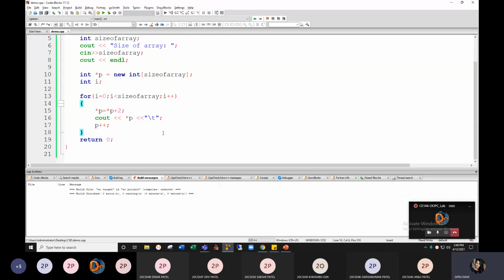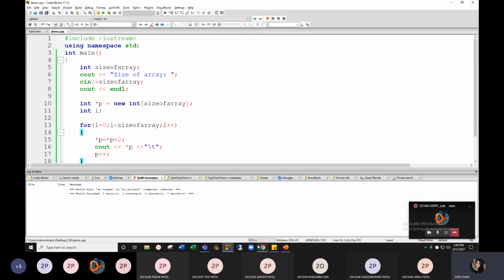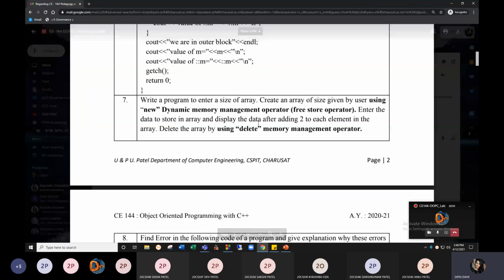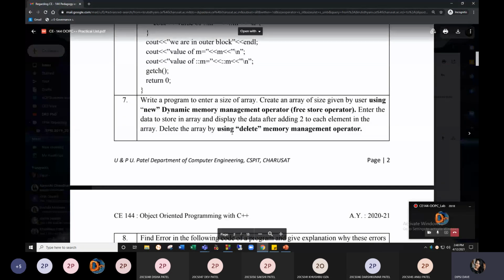This is the program which you need to do: enter the data to store in the array and display the data after adding 2. Done. Delete the array by using the delete operator.